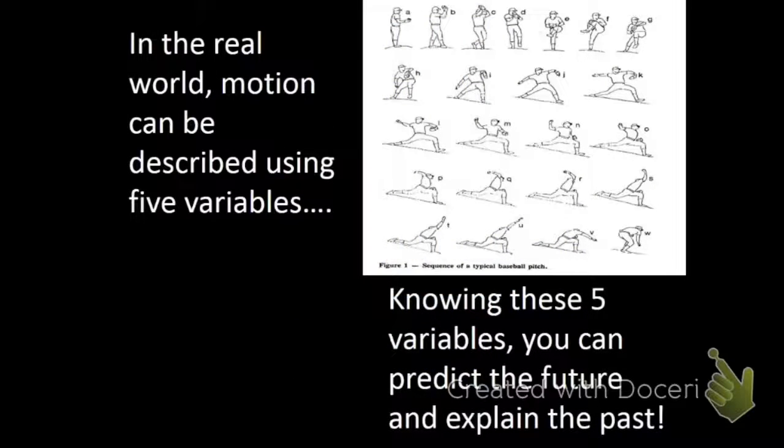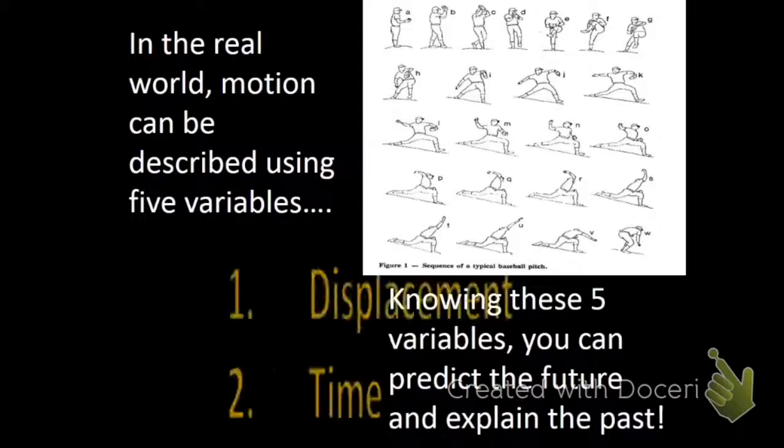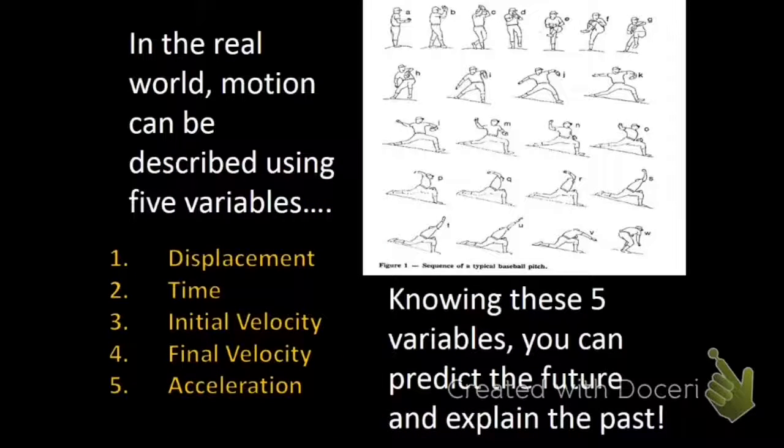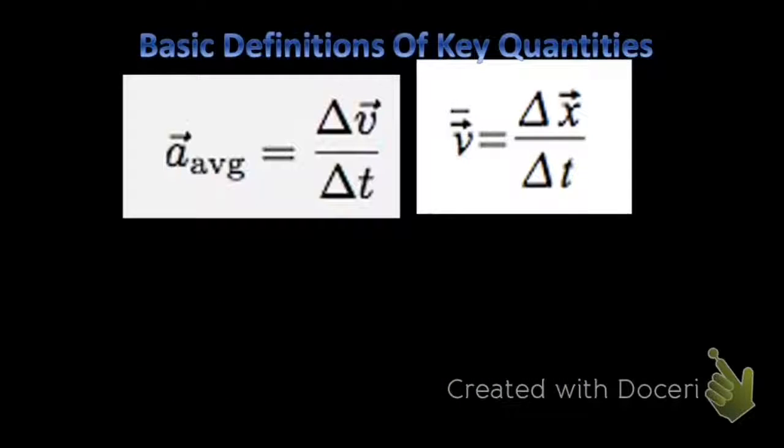So far in this chapter, we've taken 5 different variables and used them to describe motion. They are displacement, time, initial velocity, final velocity, and acceleration. And now what we're going to do is look at all of these at the same time and use them to predict the future and explain the past, to describe motion in all the ways that we're going to need to. And really, all 5 of those values are locked up in these 2 equations that we've learned for velocity